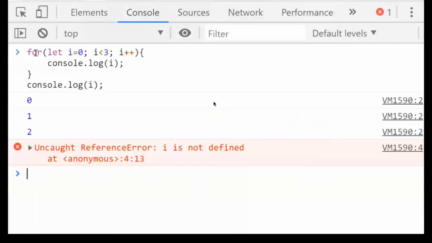As it is a block scope, we will get the value of i inside, but outside it will throw an error saying i is not defined, because outside the block i will not get any value. So we will have the values 0, 1, 2 for the inside console and an uncaught error for the outside console. Because it's a block scope, the outside value won't be printed.